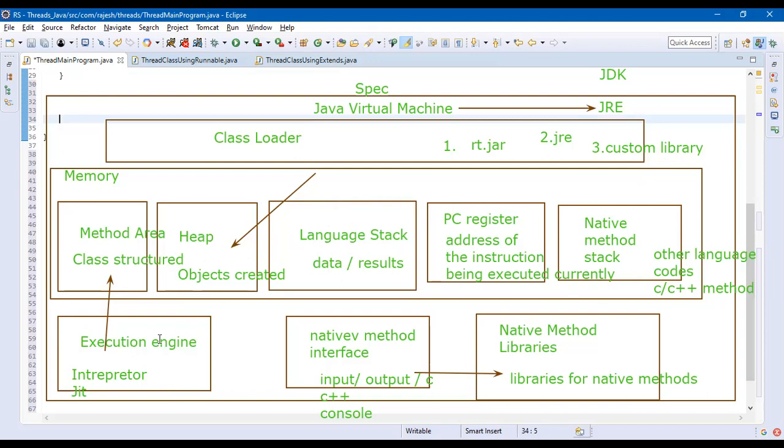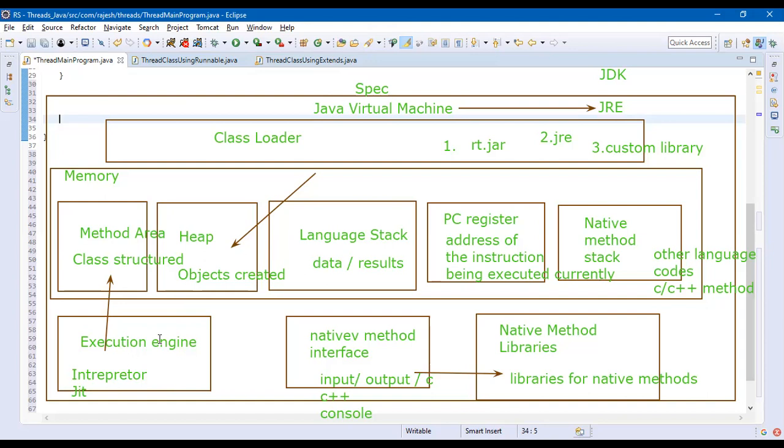And below that, we have the execution engine, which is the important and the core. He is like a boss. Once all the preliminary checks are done, the class loader is loaded and all the things are settled, this guy will come in. He will read the code and start executing it line by line and do whatever is given in the code. For that, he uses the interpreter and the JIT compiler.